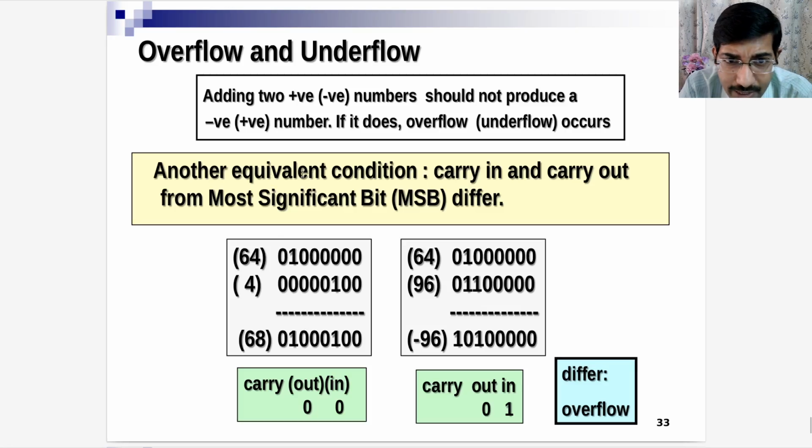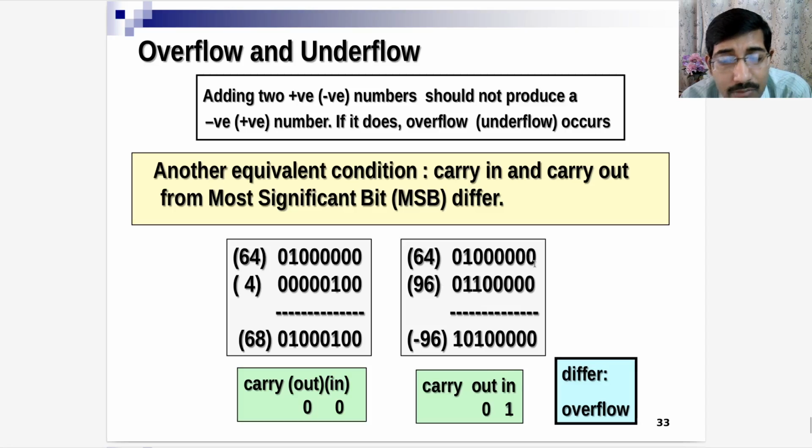Now the condition that I want to look for is that if the carry into the MSB and the carry out from the MSB differ, then only there is a chance of overflow. Here the carry into the MSB is 0 and the carry out from the most significant bit is 0. So it is correct. Whereas 64 plus 96, you see actually this sum is much more than what we can